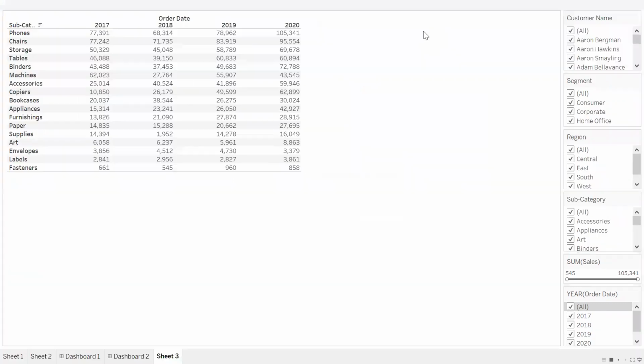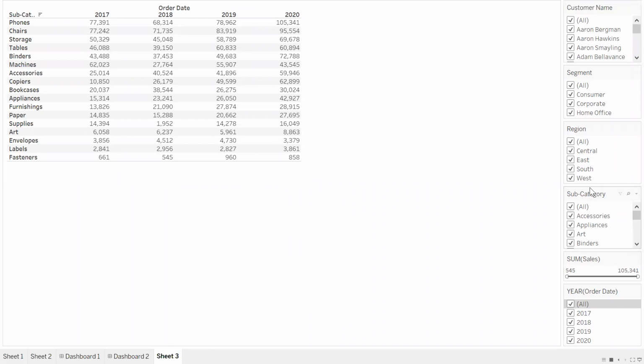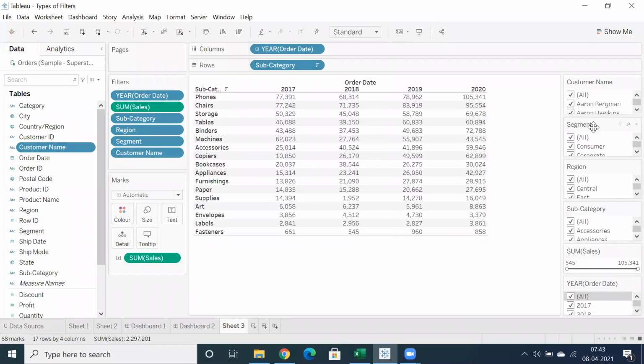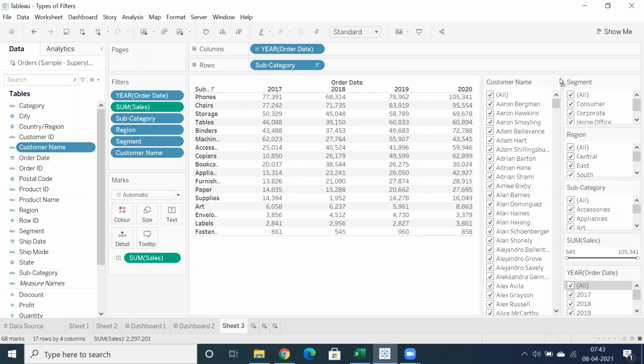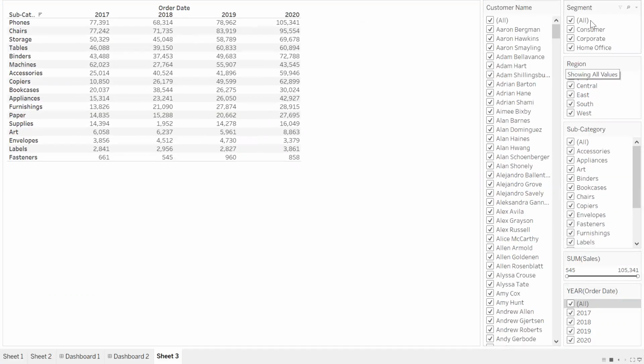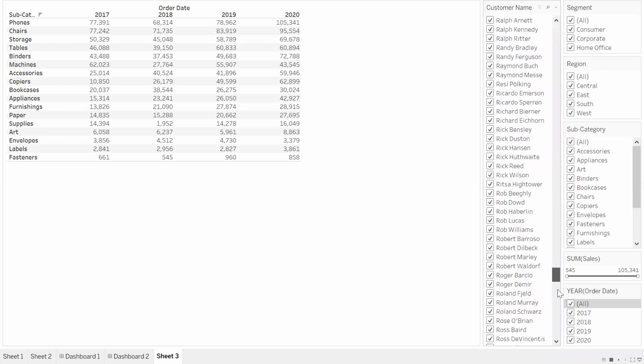I have a lot of filters here, right? You can see I have year, sales, subcategory, region, segment, customer name, correct? So in this case, if you want to order properly, align properly, let's say I have a lot of customers here, and this is segment, region, subcategory, sales, and year. So let's go for presentation mode. Now you can see for segment, I can select region, and for subcategory, you're getting a scroll bar. And for sales you can provide minimum value, maximum value, and I have year filter. Even I can also select some part of customers, correct?